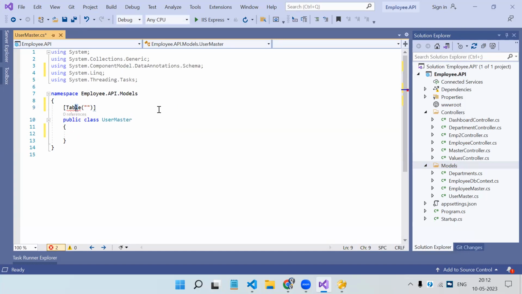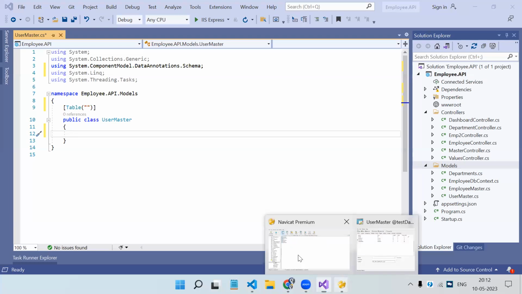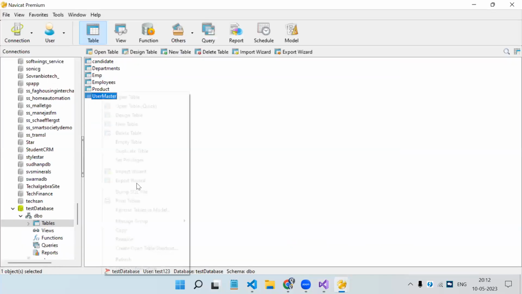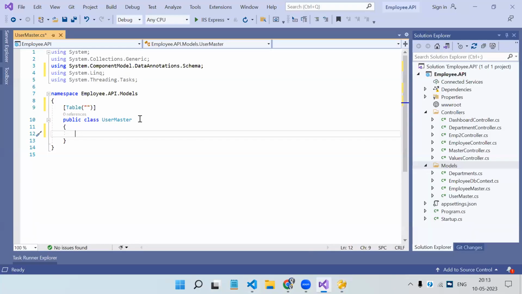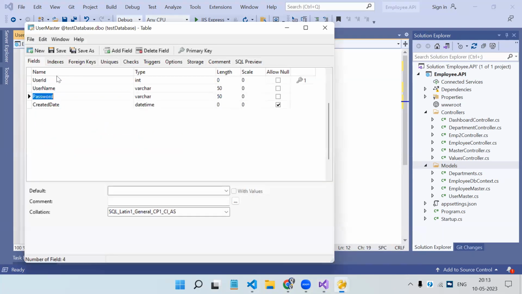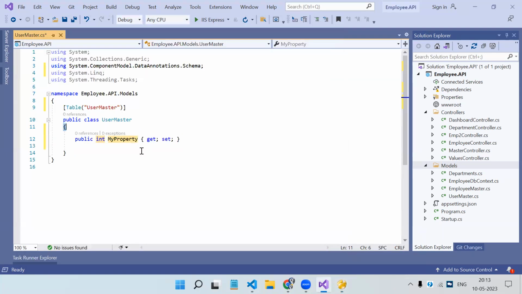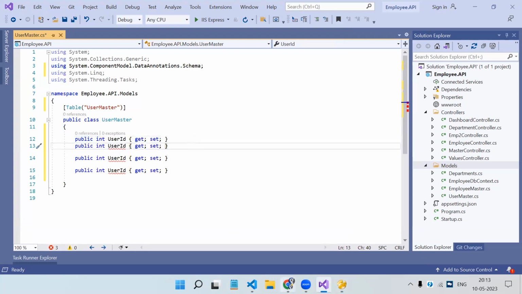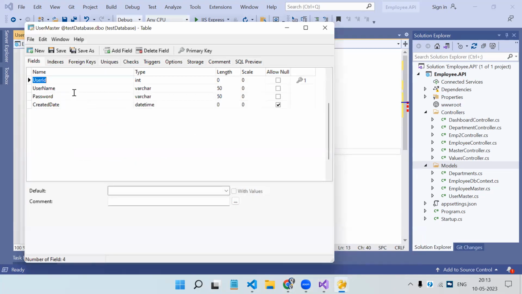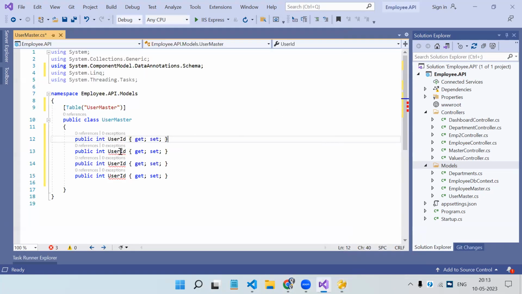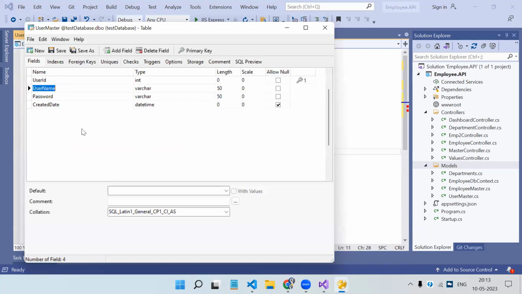That will be component data annotation. Then we have to provide our class name, that is user master. Right click, edit. It will go over here. Then we need all the properties, right? So like that, user ID. Let me just copy paste. Then username, password,